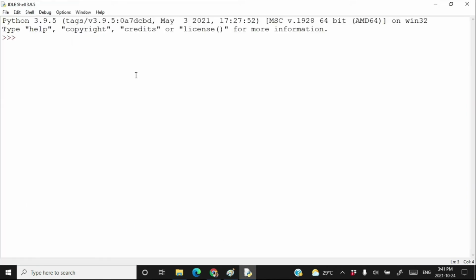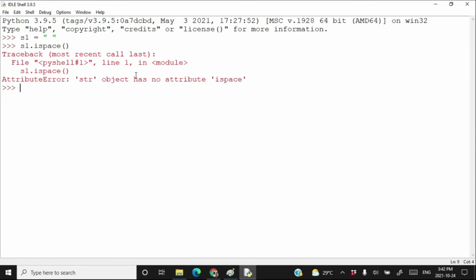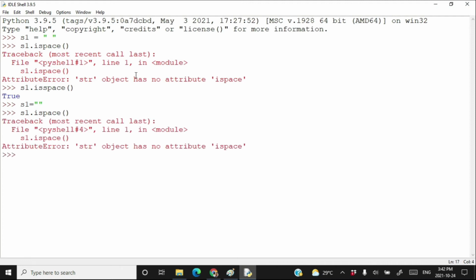Create a string s1 is equal to a string with only spaces. s1.isspace returns true. If I write s1 is equal to an empty string, meaning the string does not have a space, therefore s1.isspace returns false.